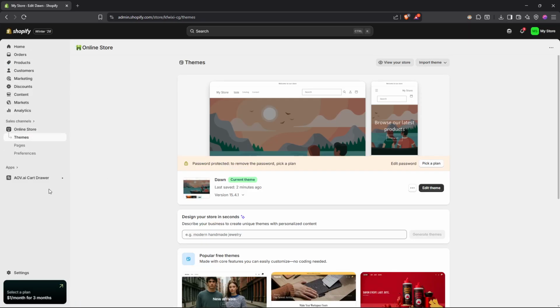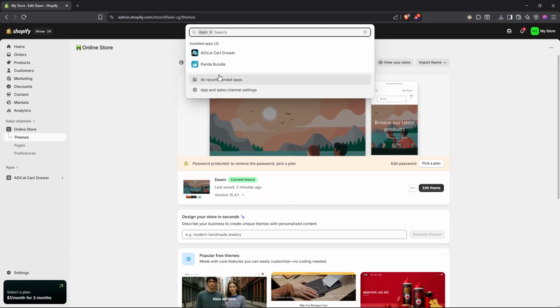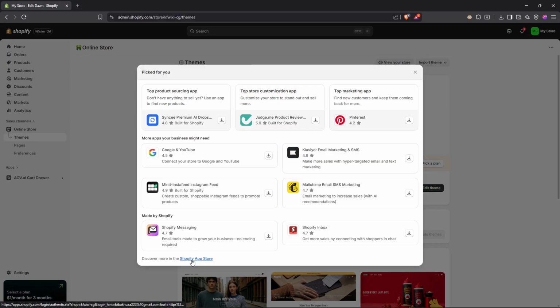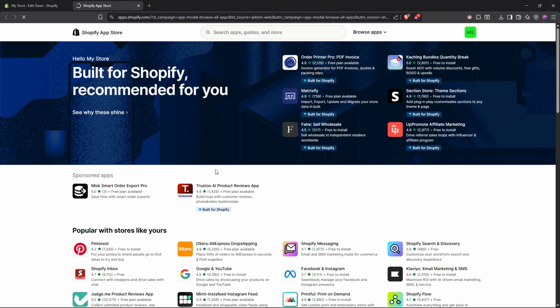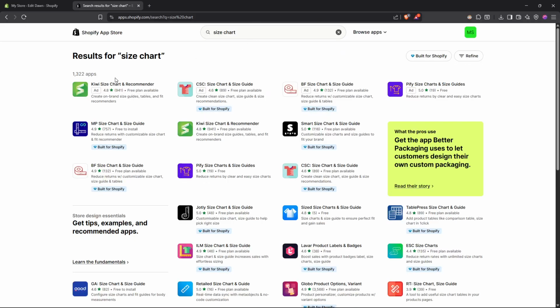So going right here on the left panel, we can go and click on Apps and then click on All recommended apps, then click on Shopify App Store at the bottom. So this will open the Shopify App Store. Here you'll have to look for size charts. So you can ignore these ads as an example or added apps, and let's just go and look for a free